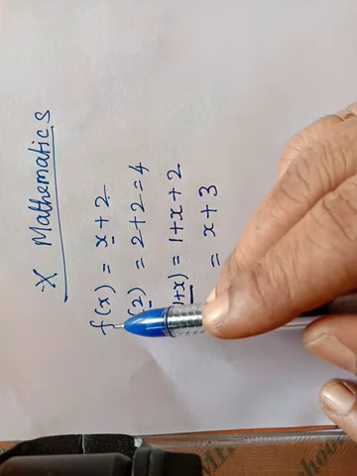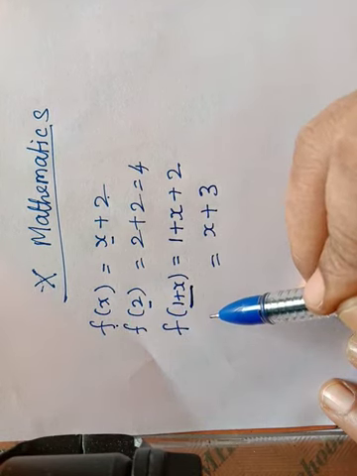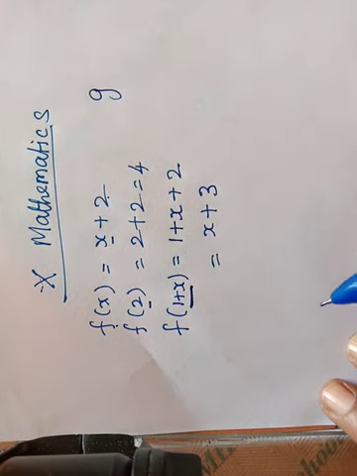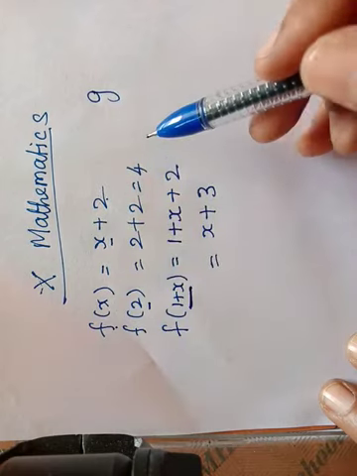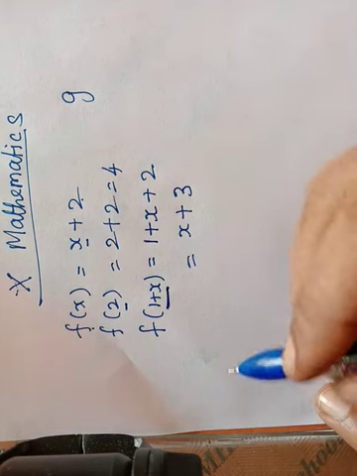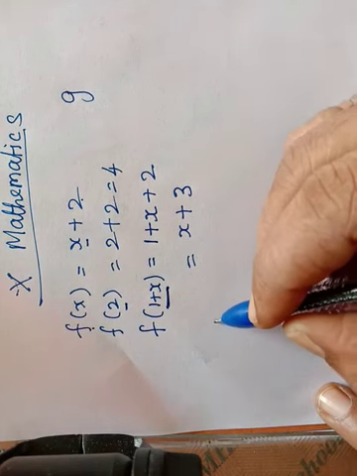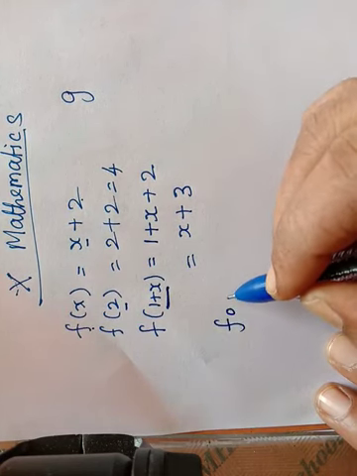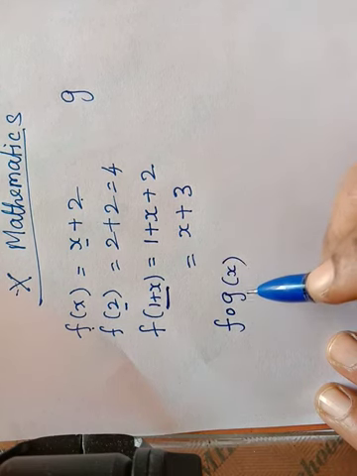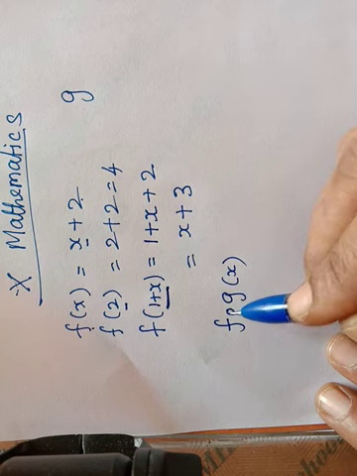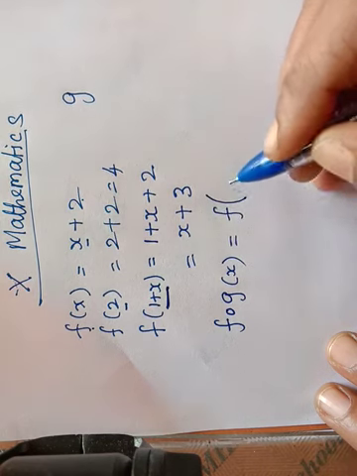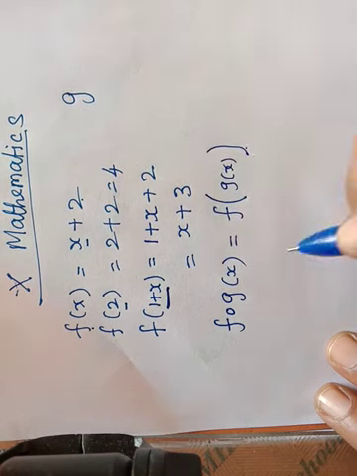This is about one function. Here I am going to explain about two functions. Another function I am taking as g. Here the combination of the two functions is composition of the functions, which we are going to study. Composition of the function is denoted by f composite g of x. This is not a dot, it is a small circle. That is equal to, we can write it as f of g of x.